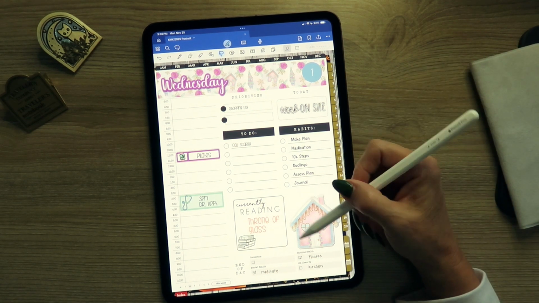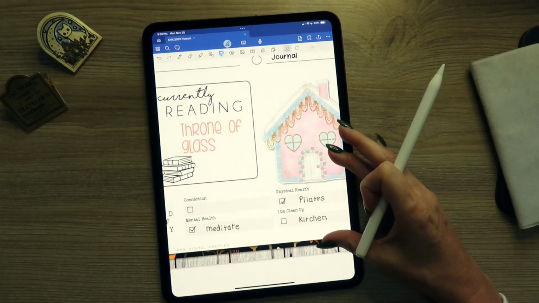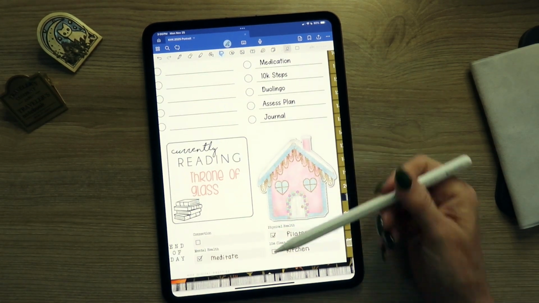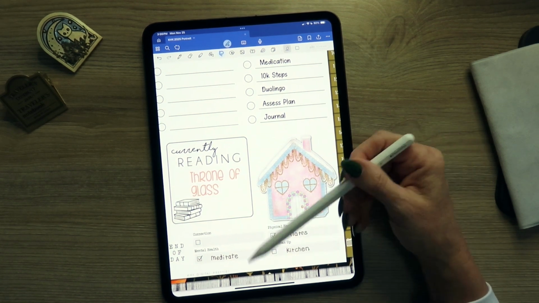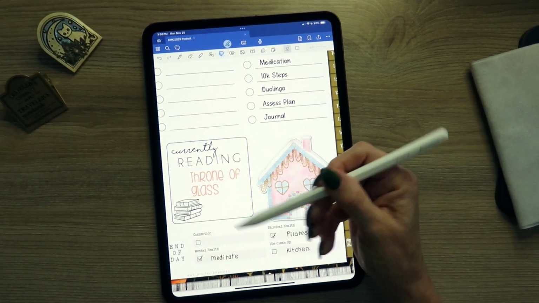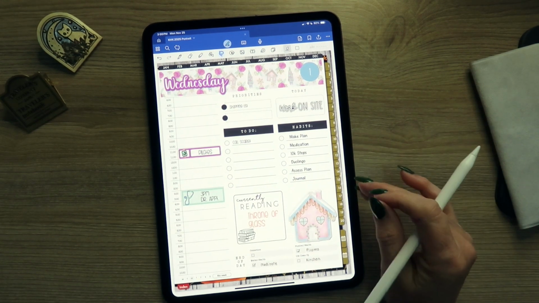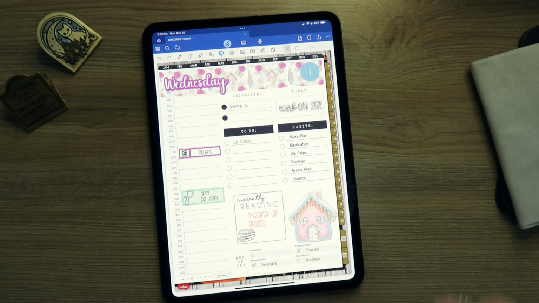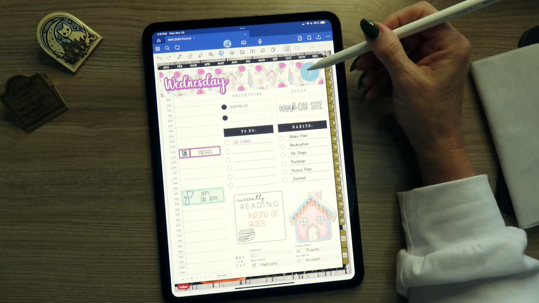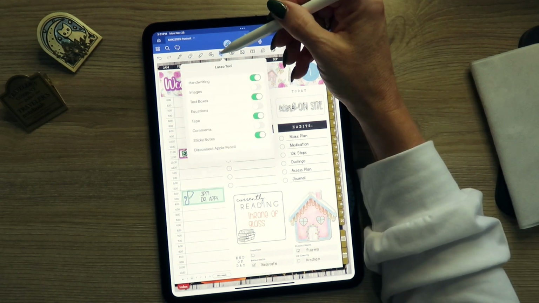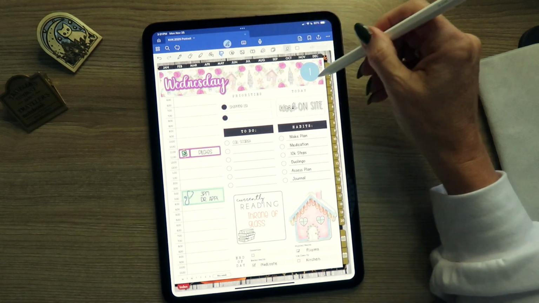And then for example, down here at the bottom, this is how I use this section. Sometimes I'll start the day by writing out one thing I want to focus on for each of these areas of my life, and then I check them off as I go. Either way, whatever works for you, obviously, right? So you can see this is covering up, let me turn my images on, this is just covering up